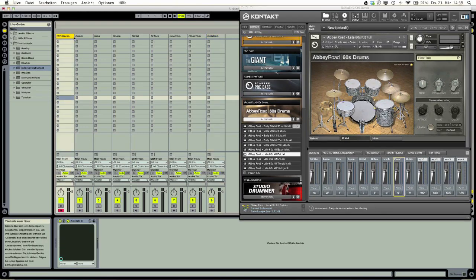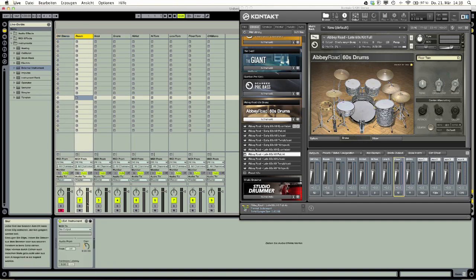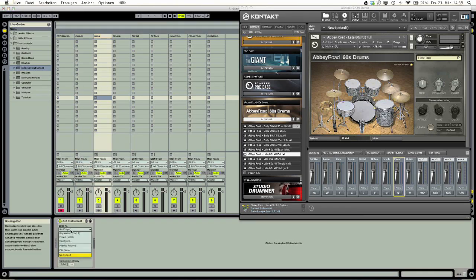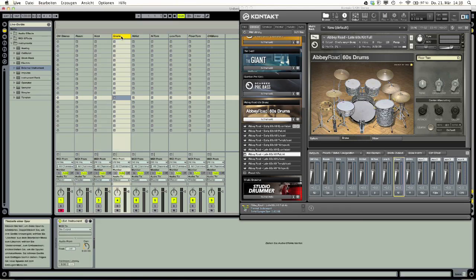All this set up, we need to route them. We don't need to route the stereo because it's already 1 and 2. The room microphone, well, you go to external instrument, 3 and 4. Five, 6.